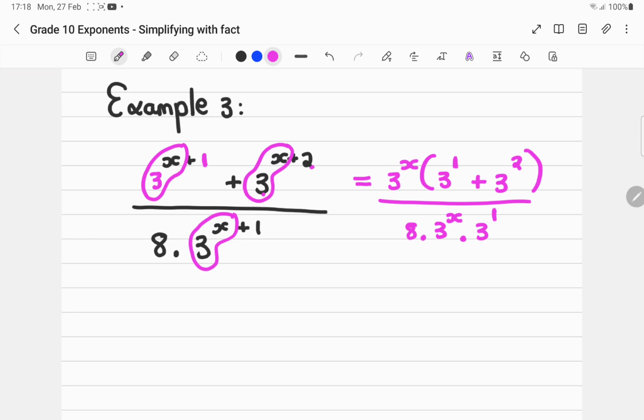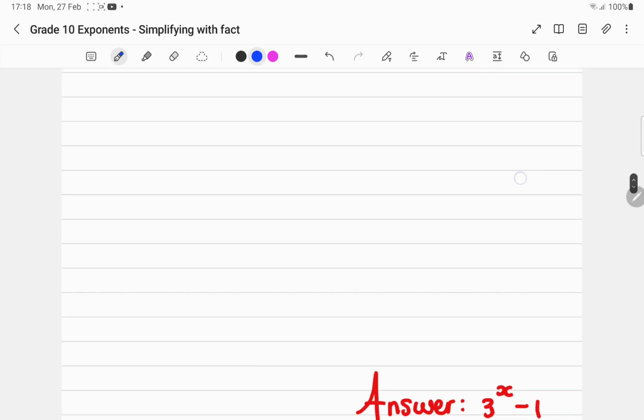So why do I split these there? Because I want to separate them so that I can delete those 3 to the power x's. So now I can delete that, and then I've got 3 plus 9, which is 12, over 8 times 3, which is 24, and my answer is a half. All right, so over here,